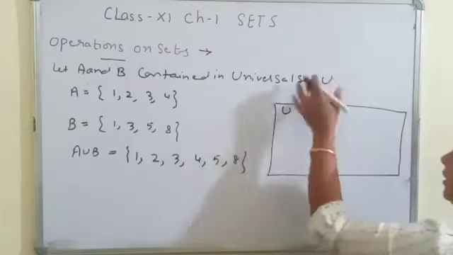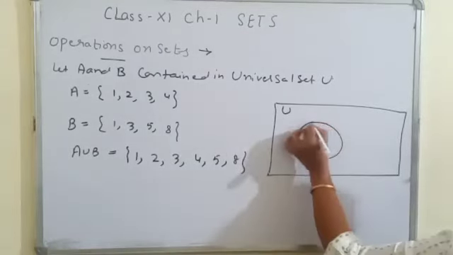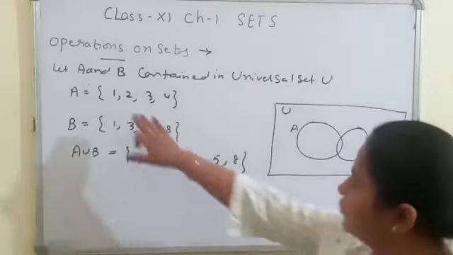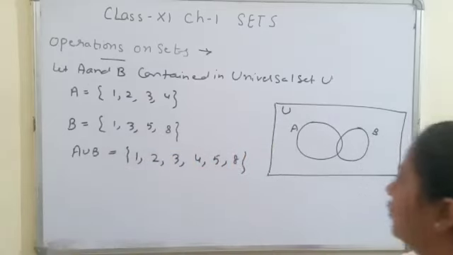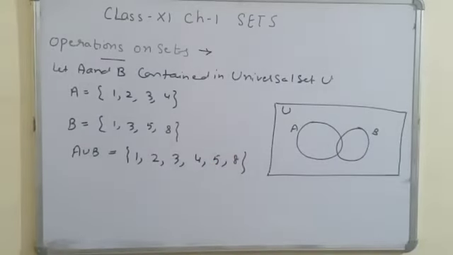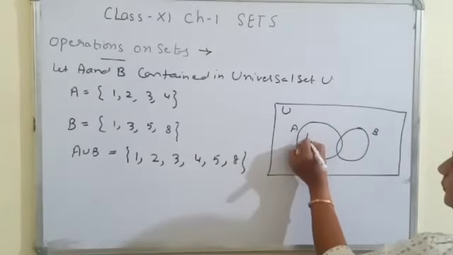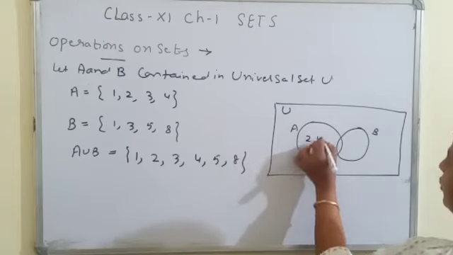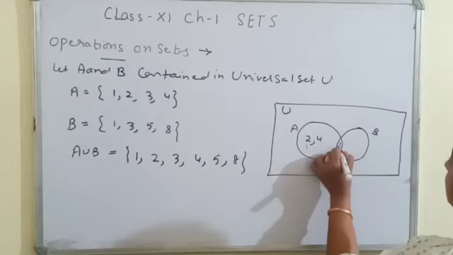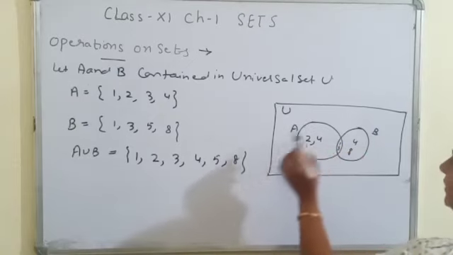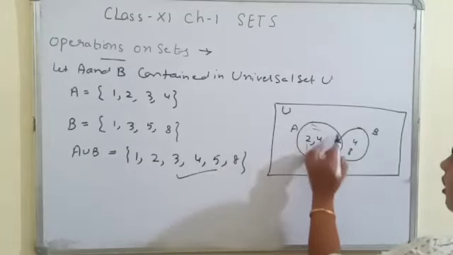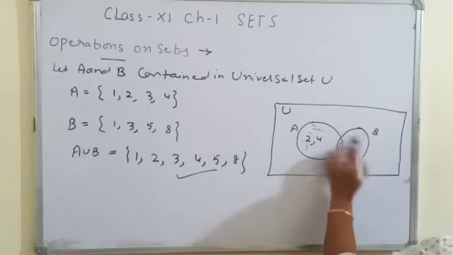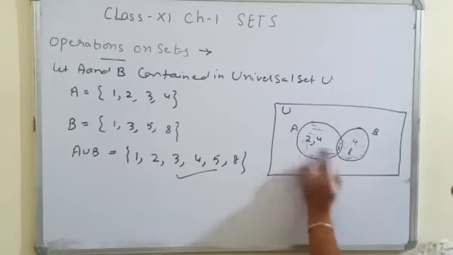Now let's see how by the Venn diagram we can draw both of them. This is the complete universal set. Now set A, this is set B. Set A has the elements 1, 2, 3, 4 and set B has 1, 3, 5, 8. By Venn diagram, 1 and 3 are common to both. So we write 2 and 4 in A only, and 5 and 8 in B only. What is the union? The union is all the shaded section or shaded area here. This is the union of two sets.